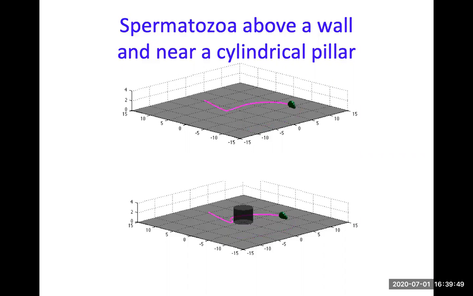It turns out there isn't one for Stokes flow, so we approximate. And the approximation can be pretty good. And considering that the method is very minimal, it does not seem that we are losing much. So here in this example, at the bottom, the swimmer hits the surface and then will swim alongside the cylindrical pillar, at the confluence of two surfaces, and then scatter away, kind of go on its way.